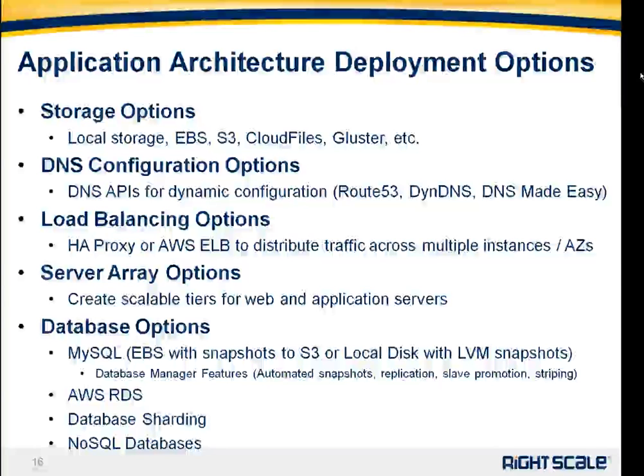AWS's RDS, Relational Database Service, we talked about. Again, that's a cloud lock-in, if you will, and migrating off of it can be a little bit cumbersome. So that's something to be aware of. You can also use things like database sharding techniques. We partner with the folks at Code Futures that have assisted a lot of our customers with partitioning their databases and distributing them for both performance and availability concerns. And then lastly, NoSQL databases. If you don't have those relational needs within your application and a NoSQL solution can work for you, then it might make sense to distribute the primary and replica nodes across multiple AZs and multiple regions to help give yourself some additional availability and resiliency to failure.